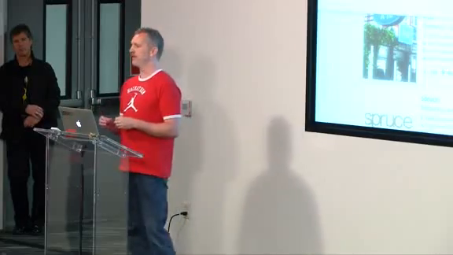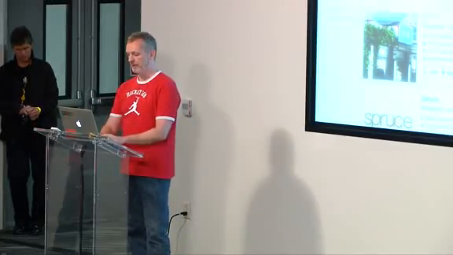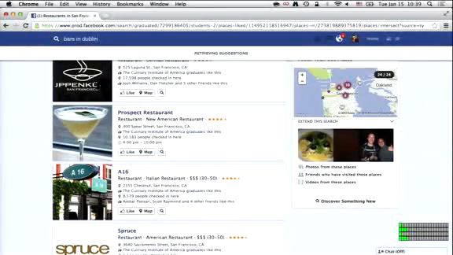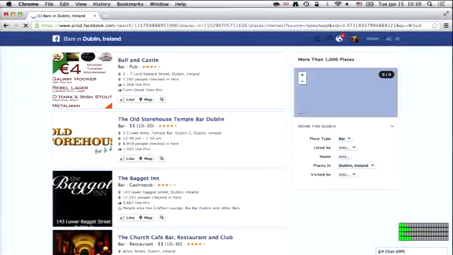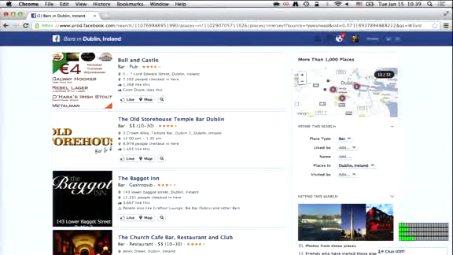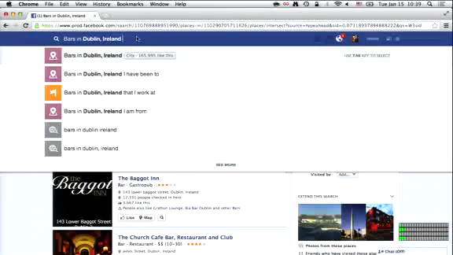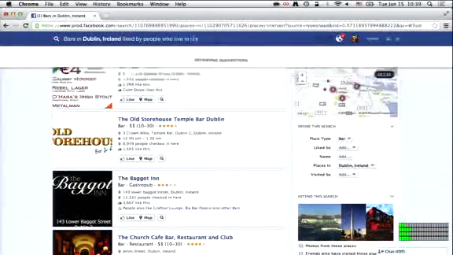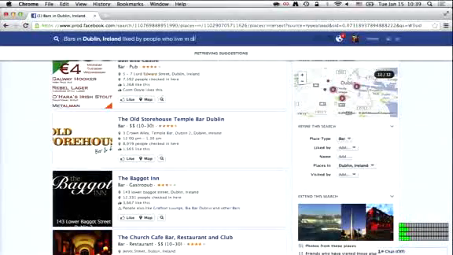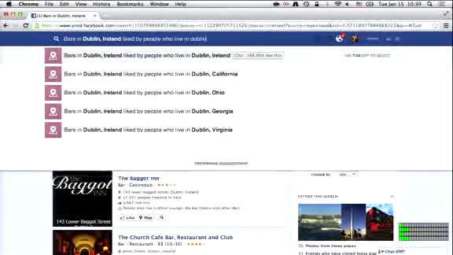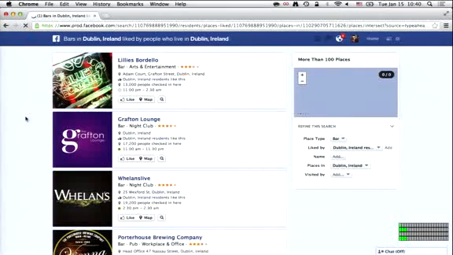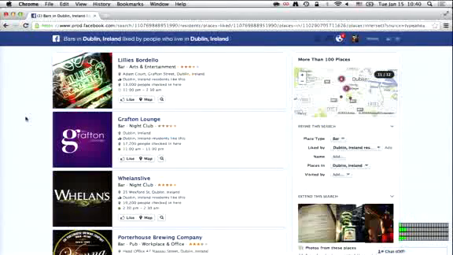Another example, let's say I'm going to Dublin to visit our colleagues there, and of course we want a beer after work. And if I just look for bars in Dublin, as far as I know, there are quite a lot of those in Dublin, and so of course I want to pick out the ones that the locals like. And so I can type bars in Dublin, Ireland, liked by people who live in Dublin, Ireland. If I can spell it, there we go. There, and now we know where Lars is going to go for a beer after work. Lily's Bordello, which is in fact a bar, I swear.